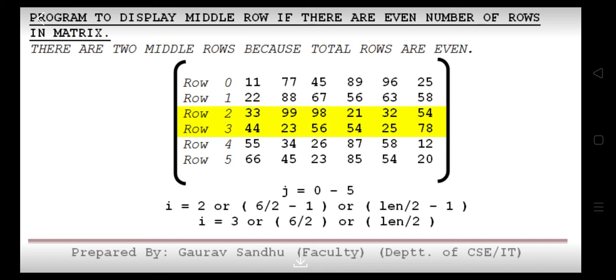Now 6 can be converted to length, and the result of 6 by 2 will be stored in an integer variable, therefore the fractional part will be removed automatically.